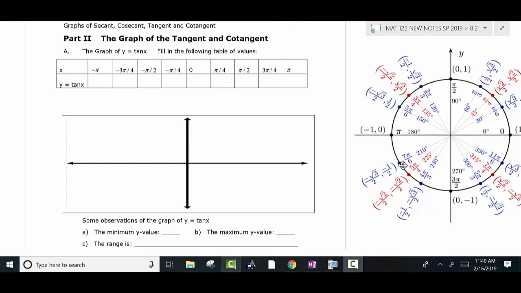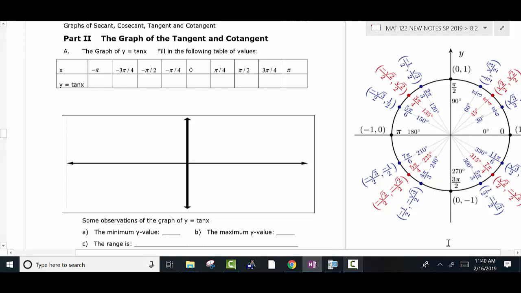Okay, students, so let's go ahead and do the next part of this. We're going to look at tangent and cotangent graphs, and I tend to do tangent and cotangent a little different than I do the other graphs, so I'll show you a little bit different technique that I tend to use on this. Mostly it has to do with locating asymptotes,